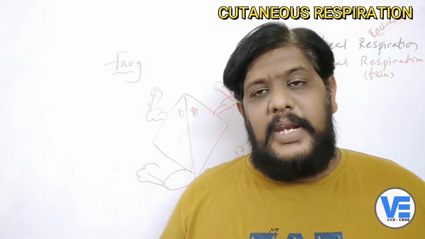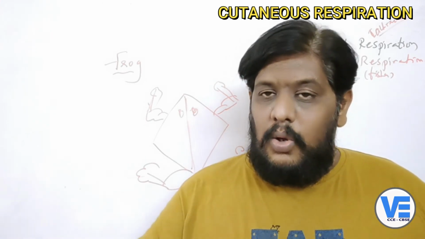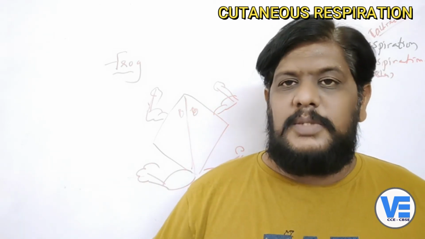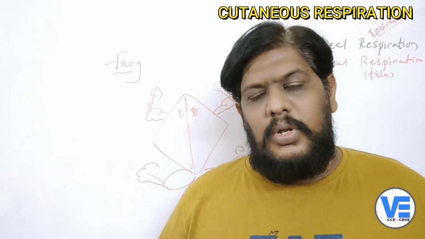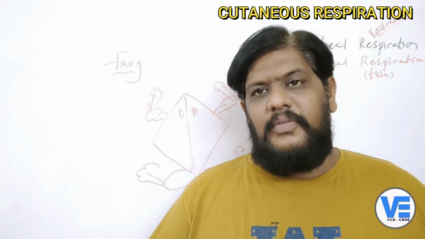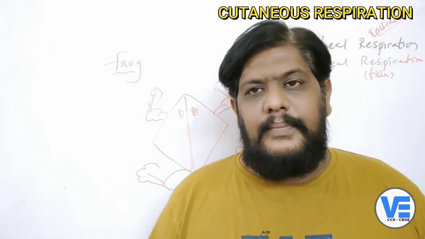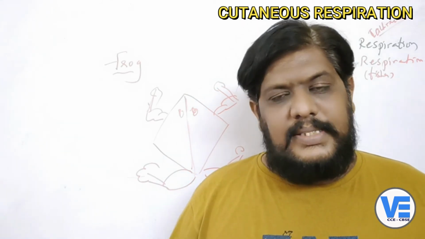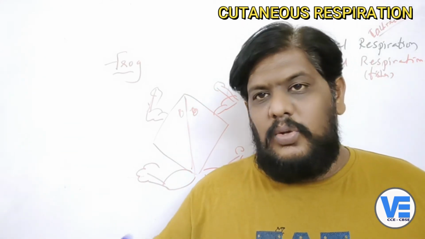So as the respiration is done with the skin, it's not that they won't respire with the lungs. They also respire with the lungs, but in a very, very small amount. If you keep a frog away from the water for a long time, it will die. You know why it will die? Because most of the respiration is done through the skin, and when the skin dries,